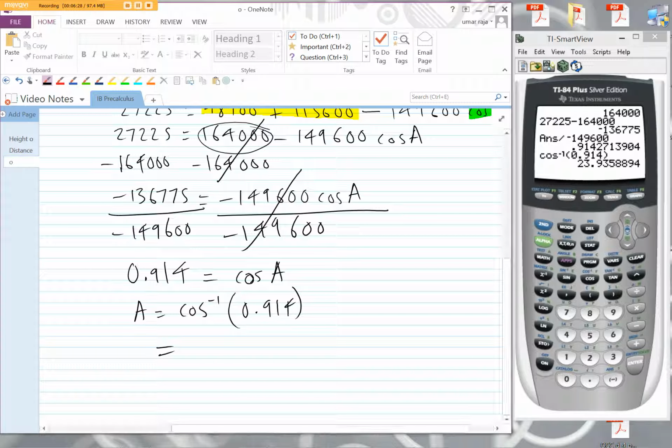Let's write that out. So this is 23.9 degrees, and that's the angle A that we're calling in this problem. Alright guys, that's the end of